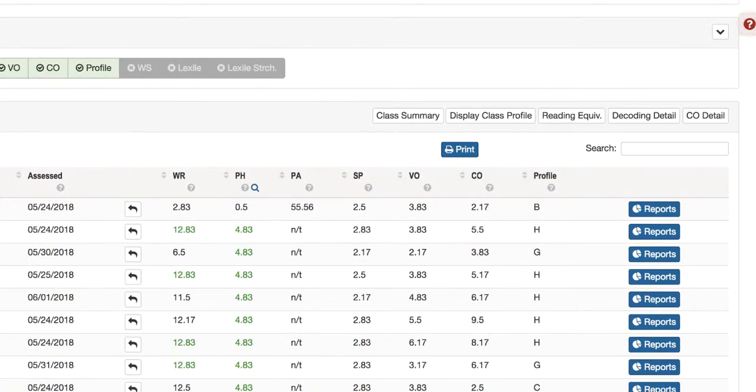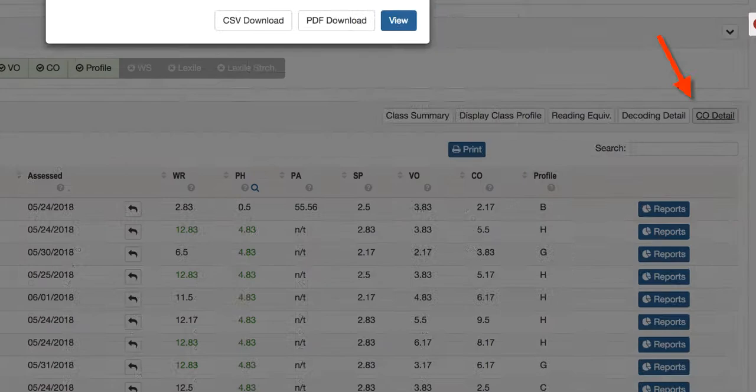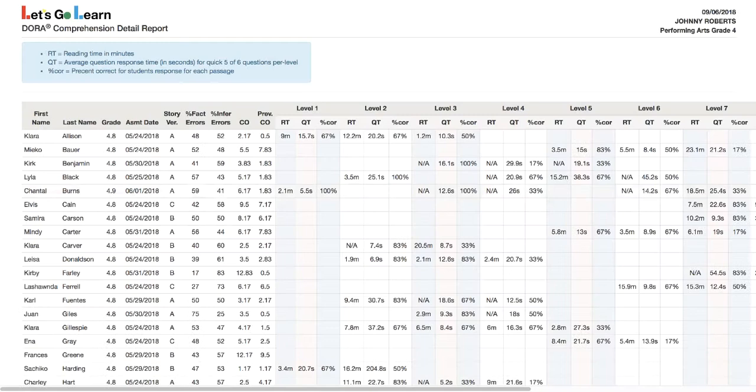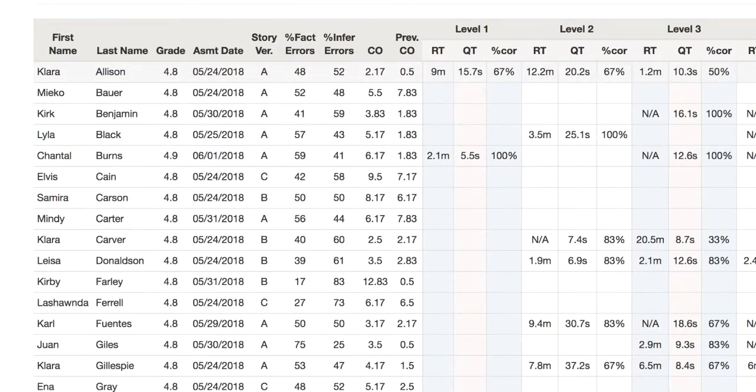Now the next thing I could do is I can go ahead and click on the Comprehension Detail button. So if I click on this, I'm going to view it. We're now looking at the detail of how much time they took reading a passage and how much time they spent answering questions. So if we look at Clara, we see that she actually started off on her 1st grade passage, she spent 9 minutes reading it, 15 seconds per question on average, 67% accurate, so she got a mastery, and then she went up to a 2nd grade passage, 12 minutes, 20 seconds per question,